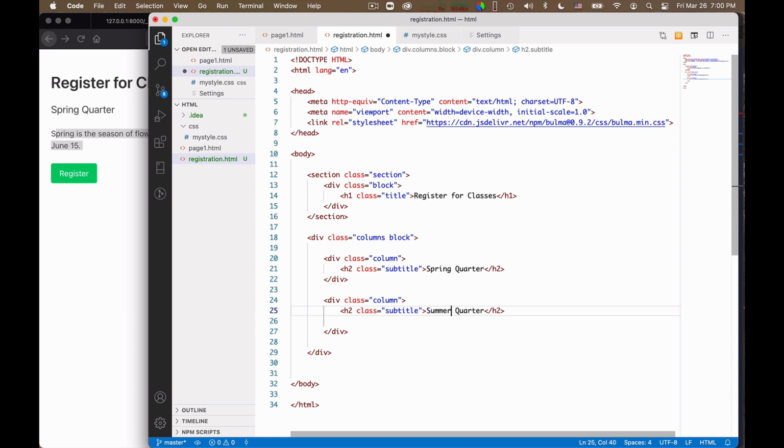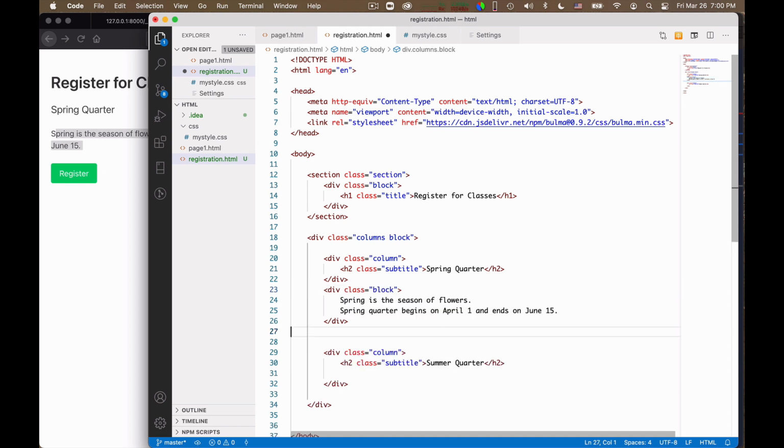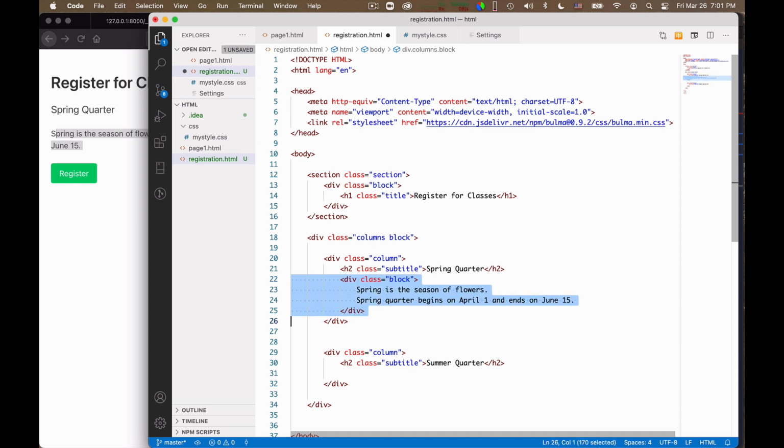Now after I do this, I need to put the text, and so the text will look like this. For spring, I use a div again with my, oh, sorry, I should have put it inside here.